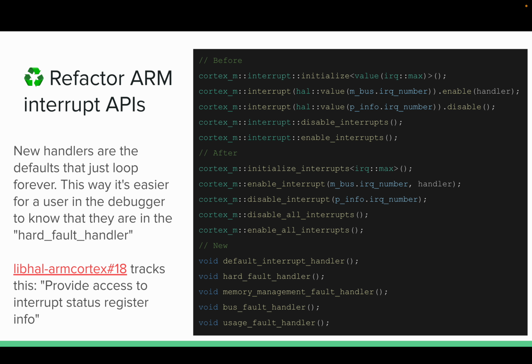So, refactor ARM interrupts API. Basically, I moved all of the Cortex-M interrupt APIs from being within the interrupt class, getting rid of the class and exposing all the internal static functions. All of the normal member functions were just transformed into normal APIs. So basically, we had Cortex interrupt initialize. Now we just have initialize interrupts, and then you give it the last enumeration value in your IRQ number list. If you don't know what that is, we'll talk about this a little bit more when we go into the guidelines for ARM Cortex-M